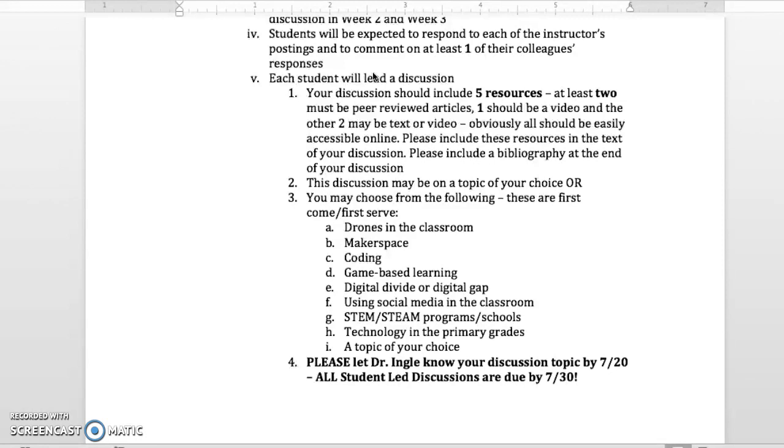In your student-led discussion, you will choose the topic. Here are some suggested topics, but you can pick your own. It should have 5 resources. Two will be peer-reviewed articles, which you can get through Maxwell Library. One should be a video, and the other two can be text. It does not have to be peer-reviewed. It might be from Edutopia or Scholastic or something like that.